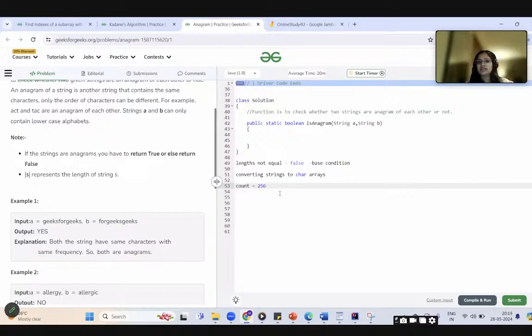So if I initialize two count arrays, one for string 1 and one for string 2, in that count array, so if I have lowercase a to z, uppercase a to z, Unicode value of character small a is? Can somebody tell me in the comment section?